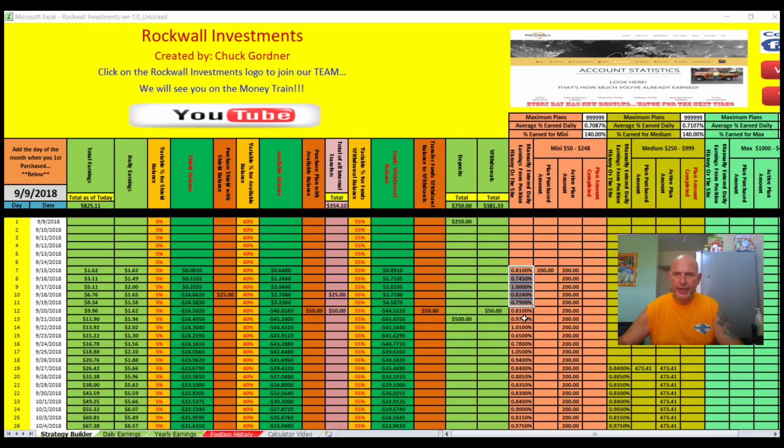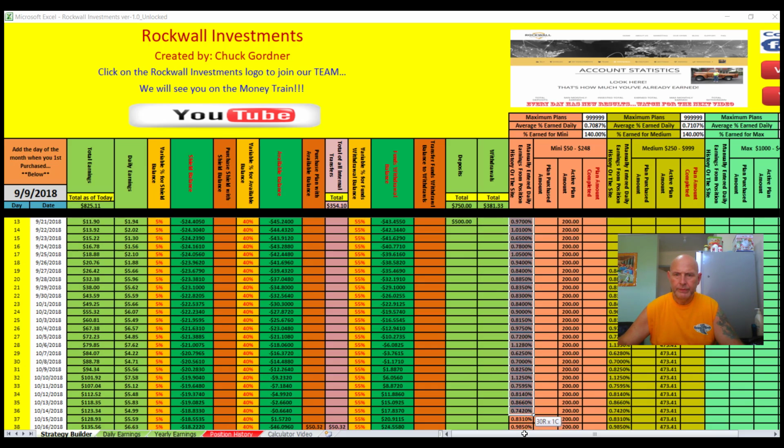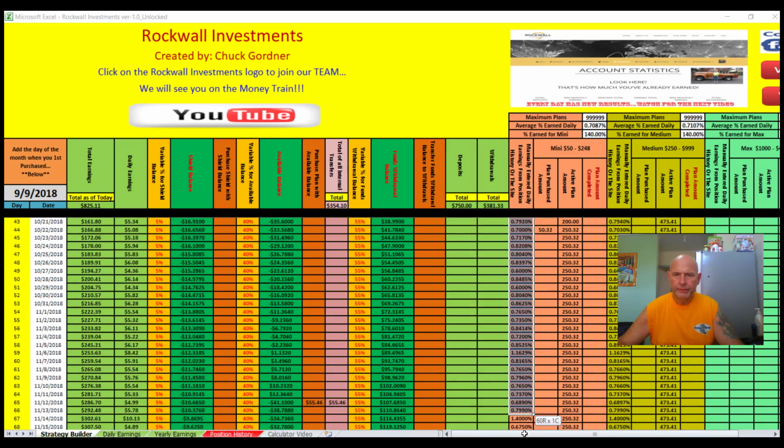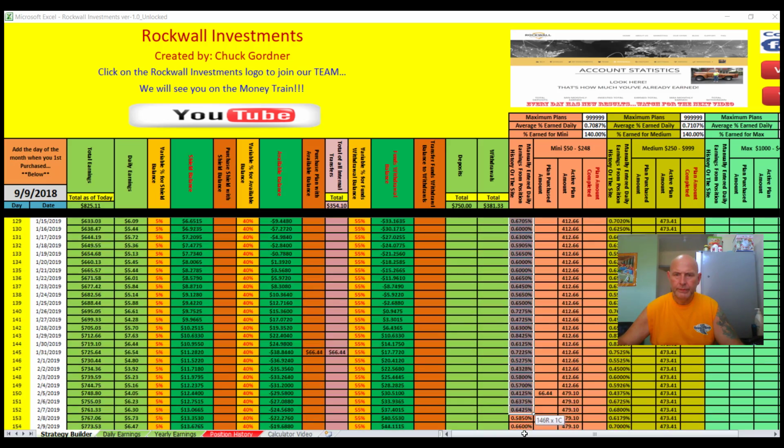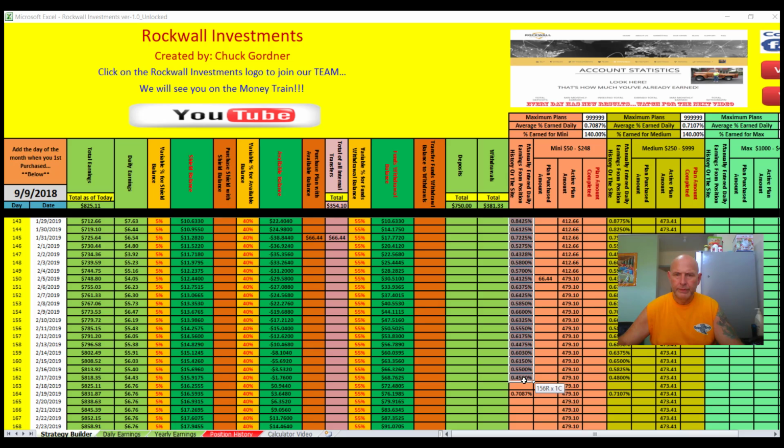And then I took this data and I created an average formula which told me that the average for the last 4 months has been 0.7087%. I then placed this into the average percent earned daily cell,